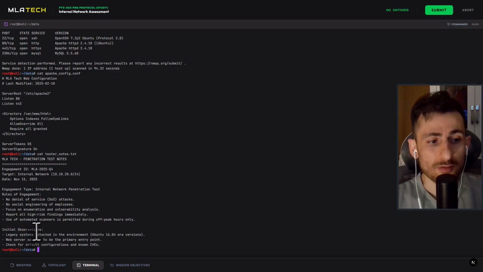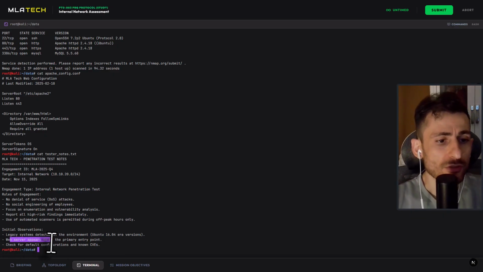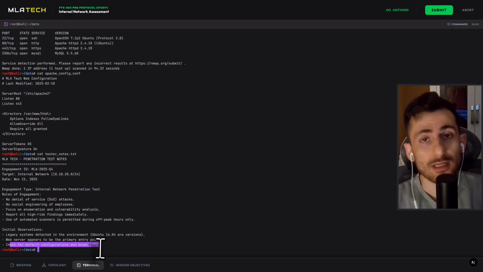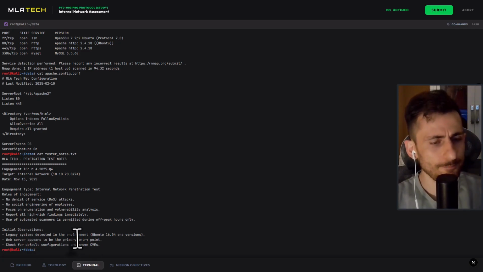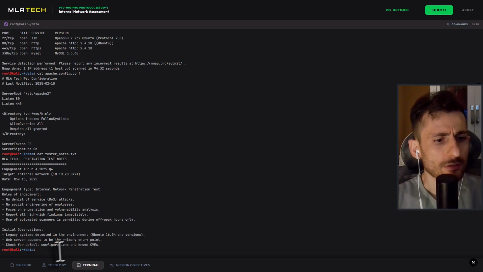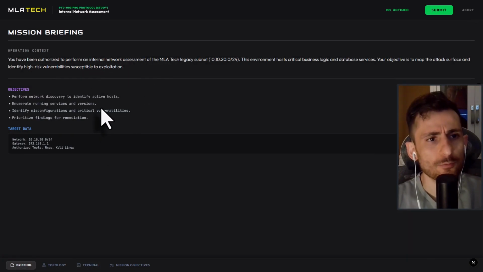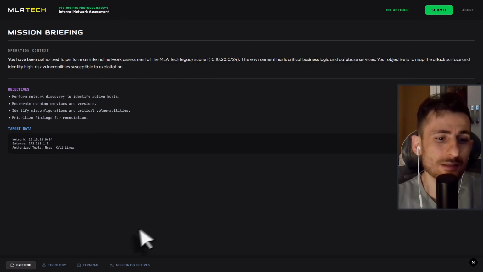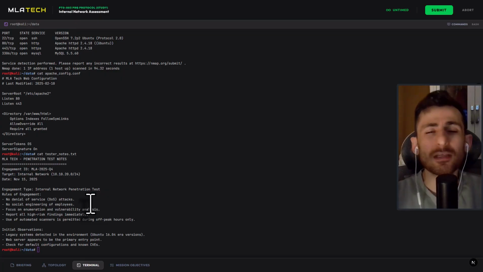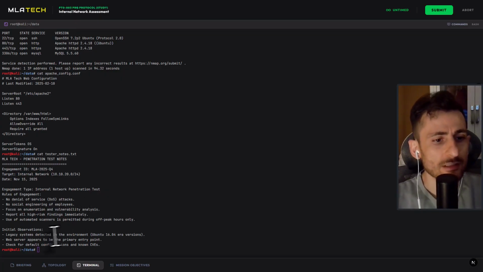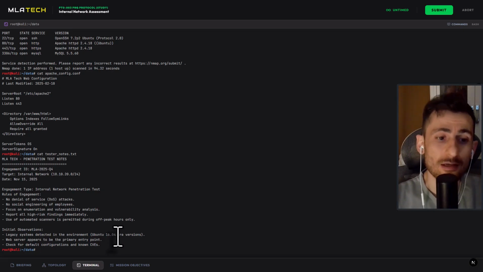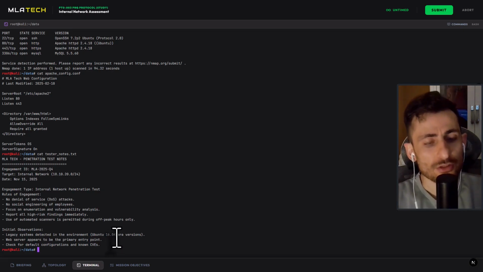Then we have some initial observations. It says that legacy systems were detected in the environment, Ubuntu 16.04. The web server appears to be the primary entry point. Check for default configurations and known CVEs. All right. So the whole briefing tells us that we have some legacy subnet. The term legacy tells us that we have something that is outdated. Also here it is mentioned that Ubuntu is a legacy version. It's a very old version of Ubuntu,